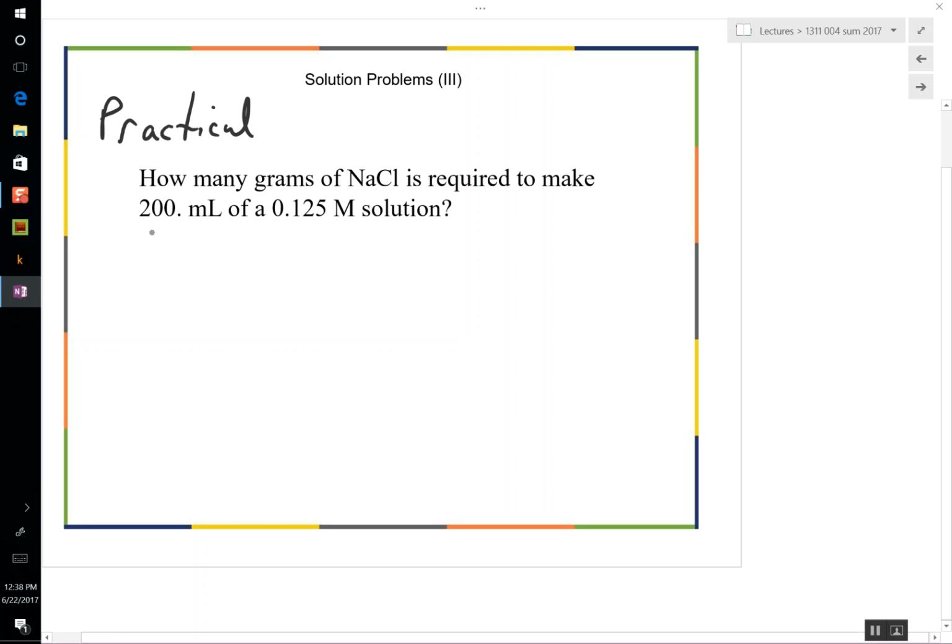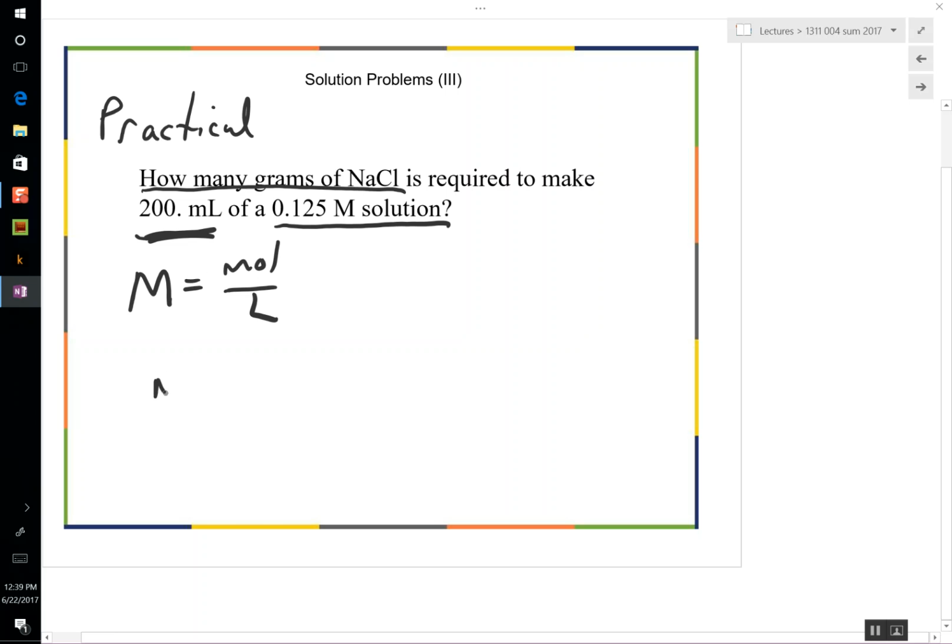Let's say you know you want 200 milliliters of a sodium chloride solution that is that concentration. Or let's say I know that's what I want, and you work for me. And I say, go make that. You got to figure out, how am I going to make that? Well, you're going to have to weigh out so many grams of sodium chloride. How are you going to figure that out? Well, let me give you